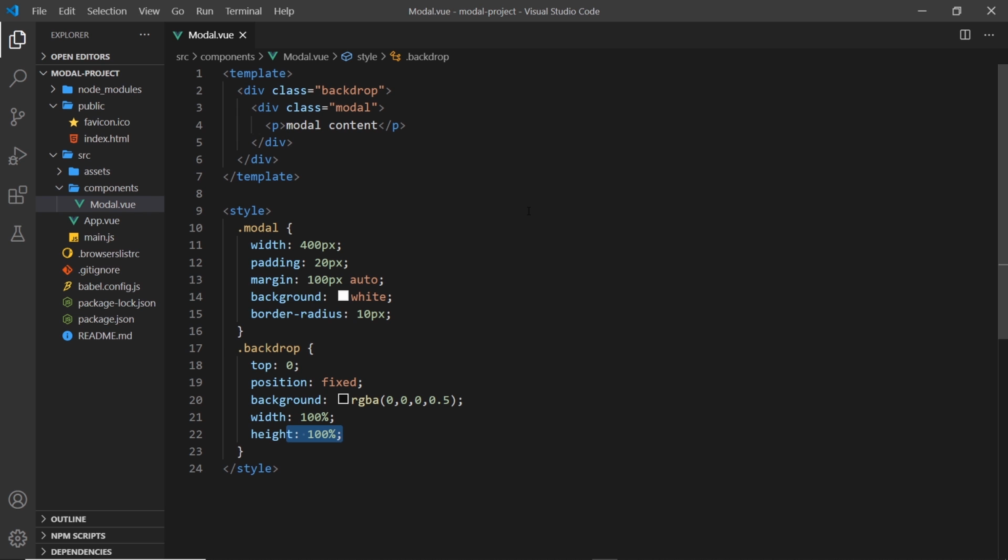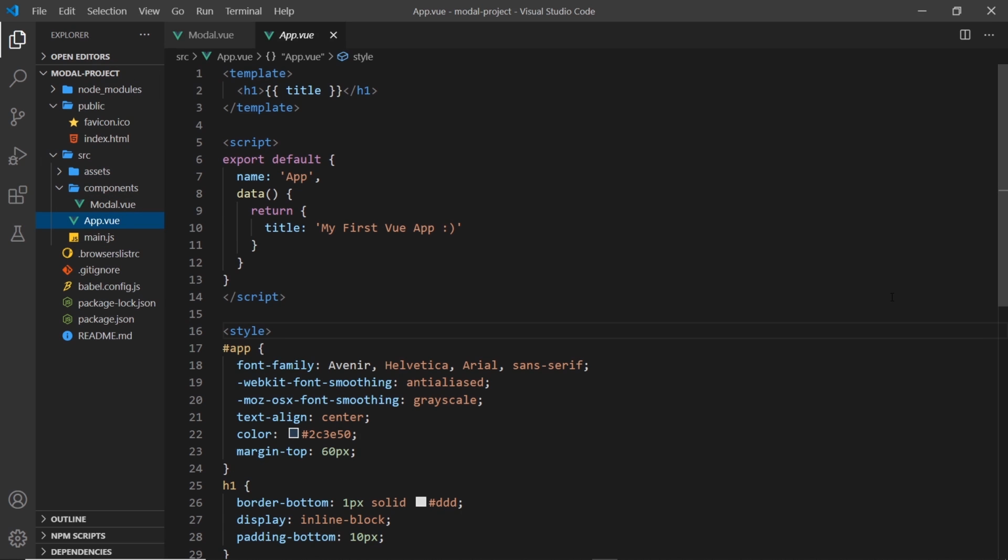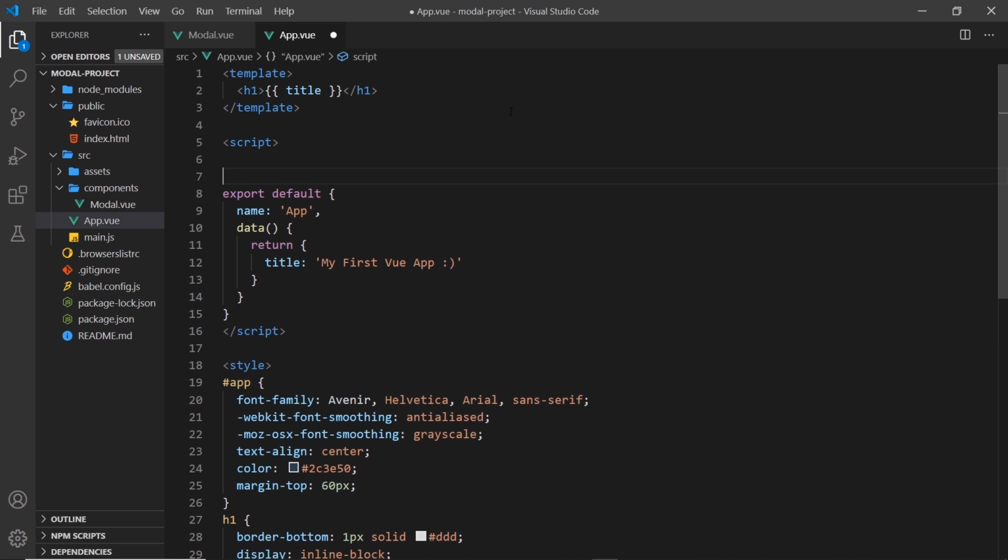Now we want to be able to use this modal component inside our app component. So how do we do this? Well, it's pretty simple. There's a couple of different steps. First, we have to import this modal component inside the script. So like we saw the hello world component being imported before, we're going to do the same thing this time for the modal. So I'm going to say import and then modal from